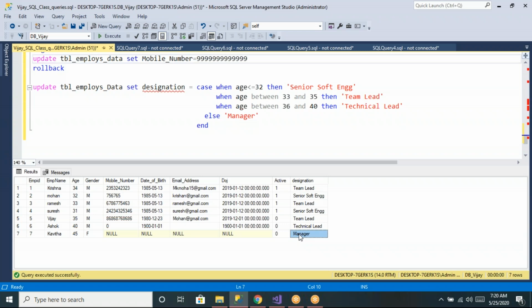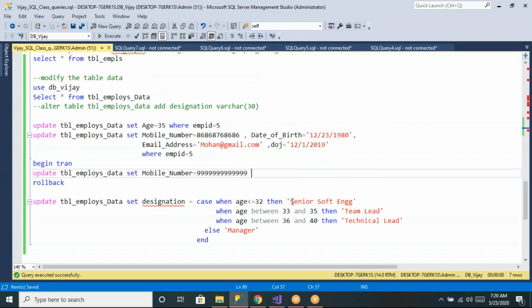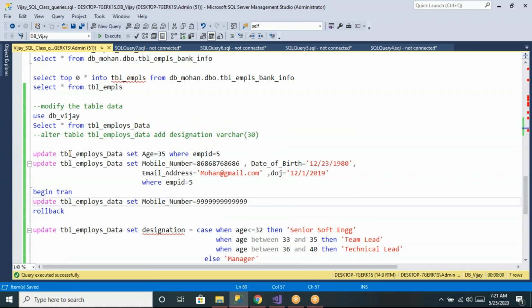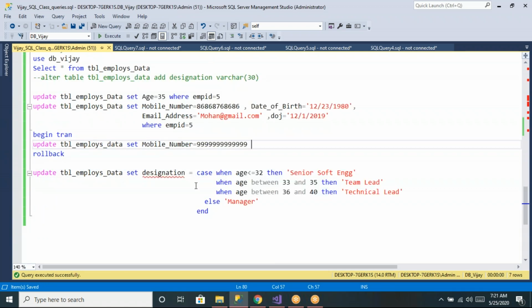Okay, so these are all the different types of update statements. We can update a single column's data, we can update multiple columns' data by using a comma. And if you don't specify the where clause, what will happen, all the data will get updated. And how to do the conditional update by using the case statement, like an if else statement. Understood? So that is how we can do the execution.